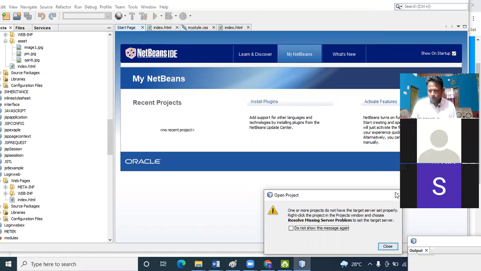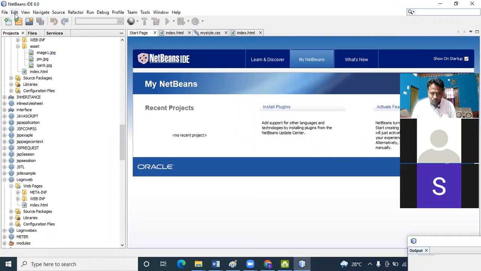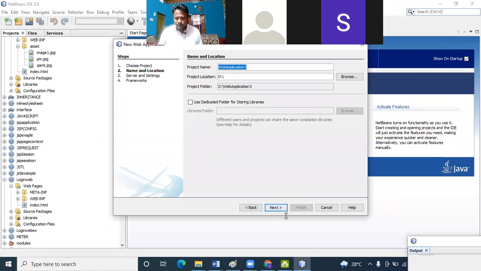So I open our usual NetBeans IDE. File, new project, Java application, next. I press here JavaScript.